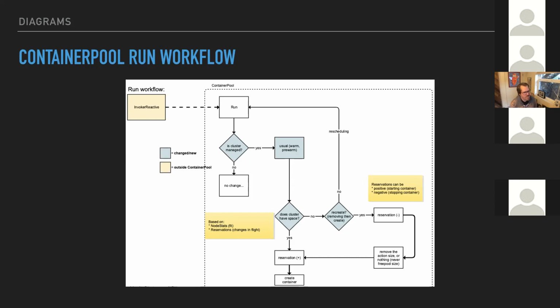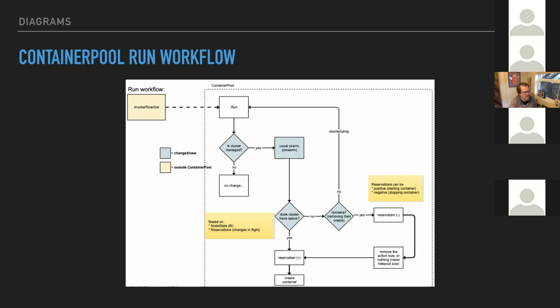And so when we launch a container from the container pool, container proxy, there's going to be some delay, potentially a long delay, between the time that the container pool says that it was launched and the time that the cluster resources are allocated and the container started, and the stats that are available for allocating are updated to reflect that.